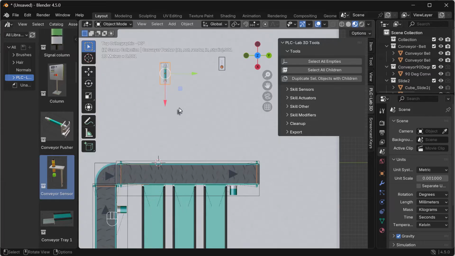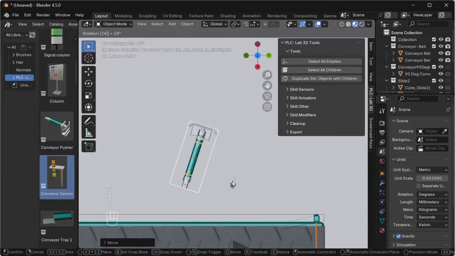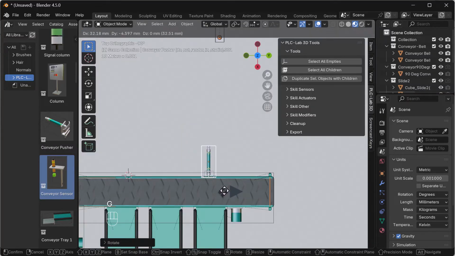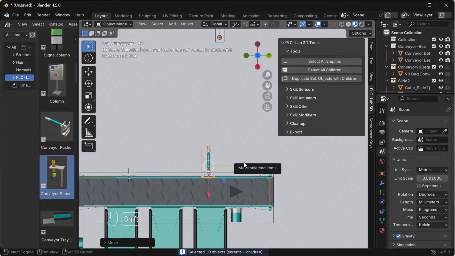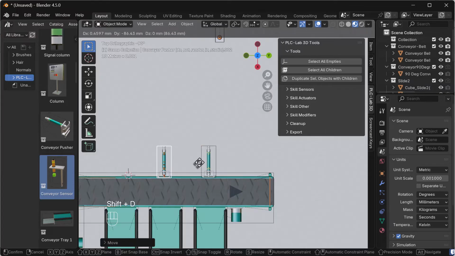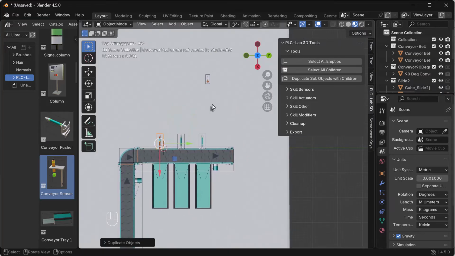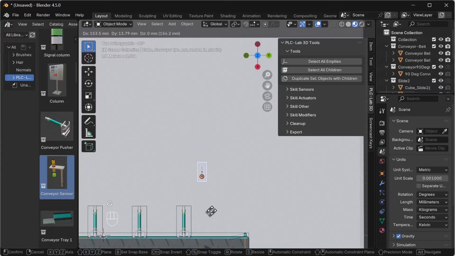We'll place the first cylinder in the middle of the chute on the far right, but first it needs to be rotated 180 degrees. Now we move it to the chute. There, and now duplicate it twice again. We'll align the first duplicate right away and the second one as well. Now for the sensors, right? Exactly. We already have one sensor in the scene.